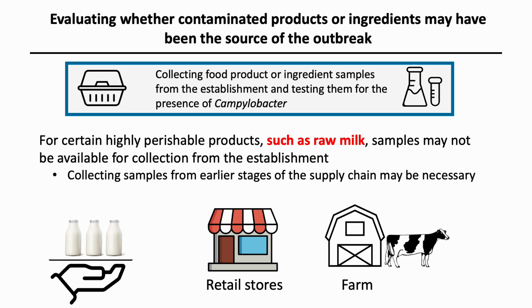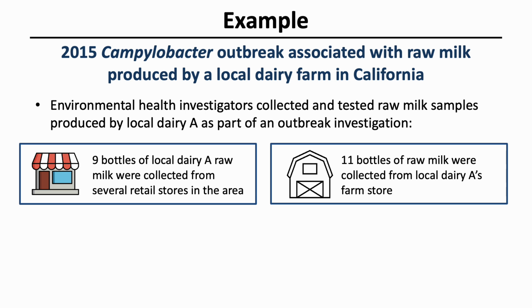Additionally, for certain highly perishable products such as raw milk, samples may not be available to be collected from the establishment. In such cases, collecting samples from earlier stages of the supply chain, such as from retail stores or farms, may be necessary. For example, in a 2015 Campylobacter outbreak associated with raw milk produced at a local dairy